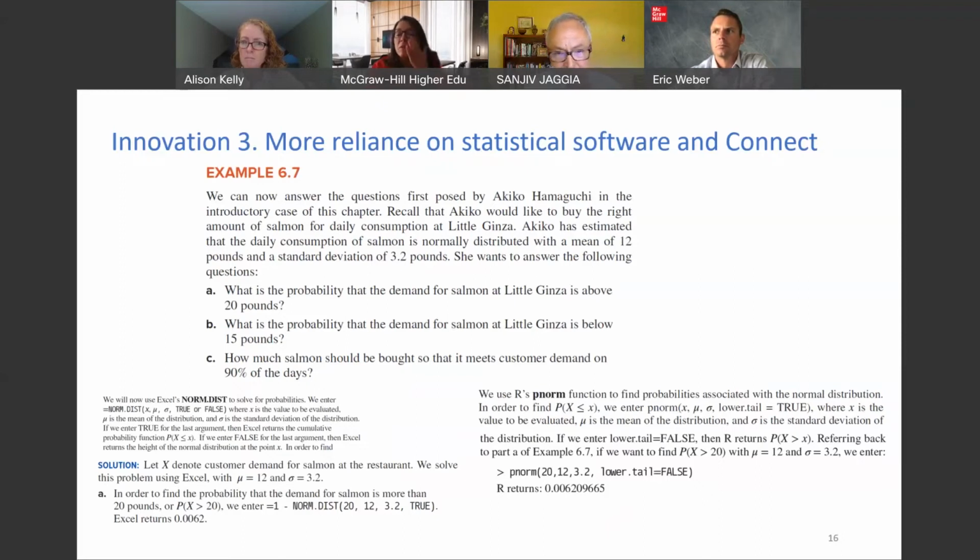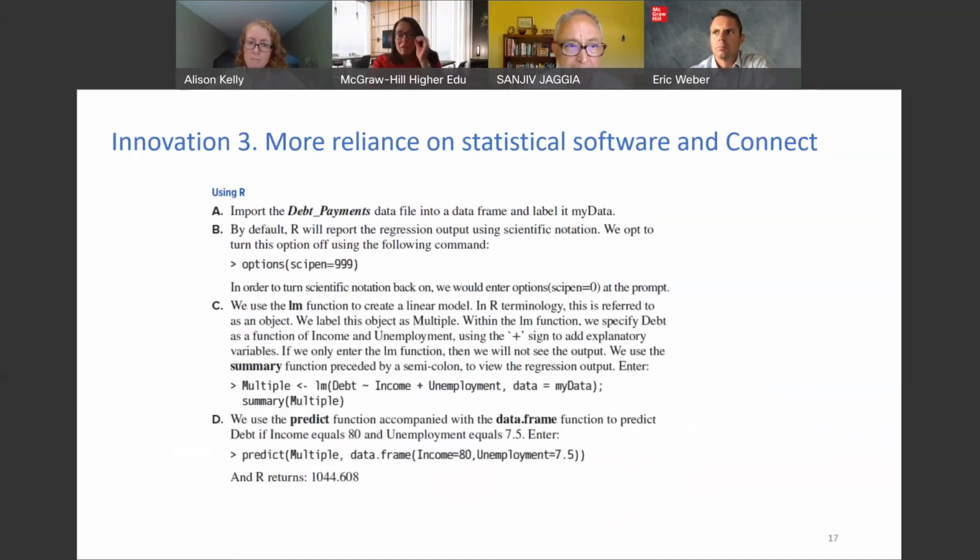But now, since they see it in every chapter, by the time they go to regression and stuff, many of them stop using Excel, even though Excel is allowed throughout the book. So they just find R easier. Next slide, please. So this is a very quick example of what to do with regression, like all the details.